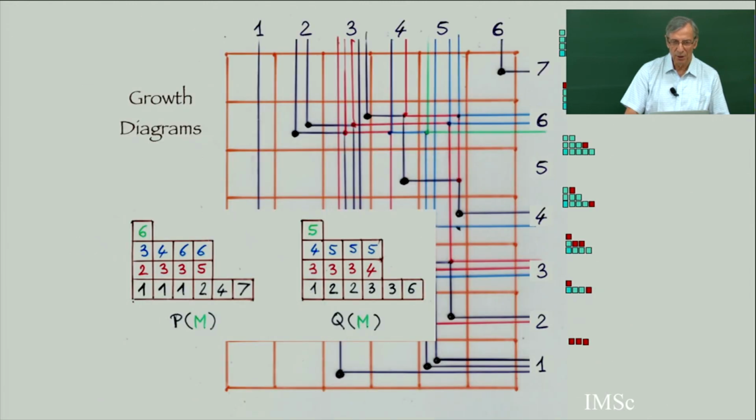Let's look at the big matrix. So this is my big matrix, and here, see, when you start from the empty shape, and going from this to this, then you are adding 3 points in the first row. So you are adding 3 cells in the first row. Then you have red, black. So I am adding a cell in the second row and a cell in the first row.